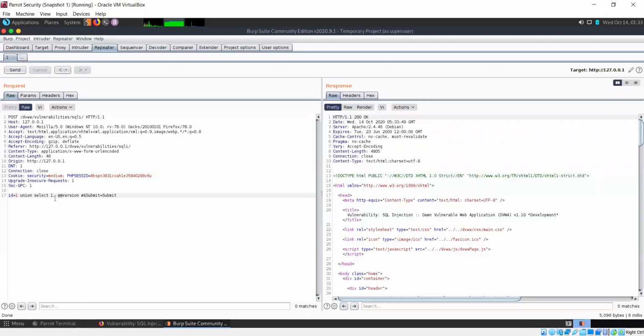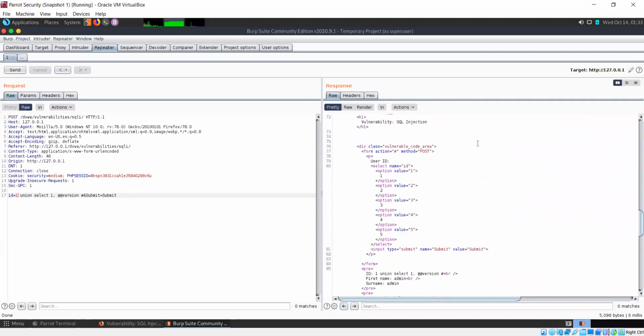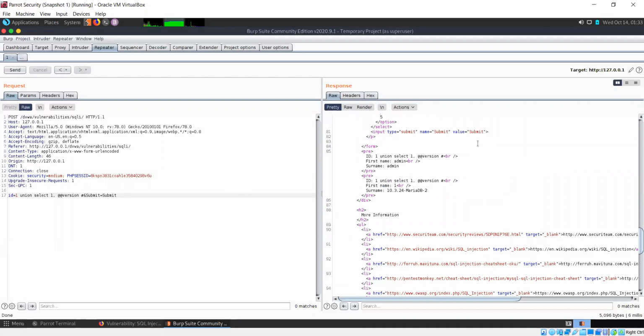So you can see you can simply make as many changes as you want here and send your request, and it is going to give you the result.